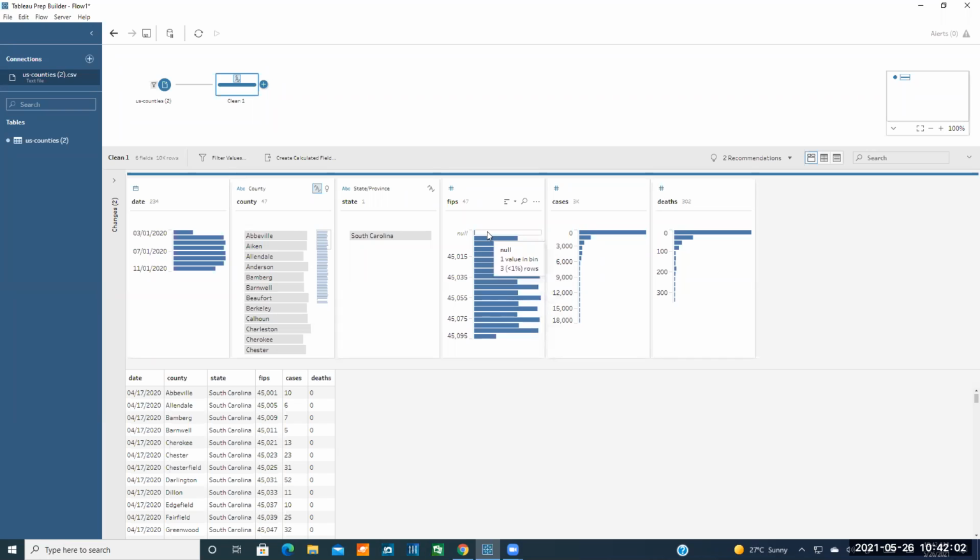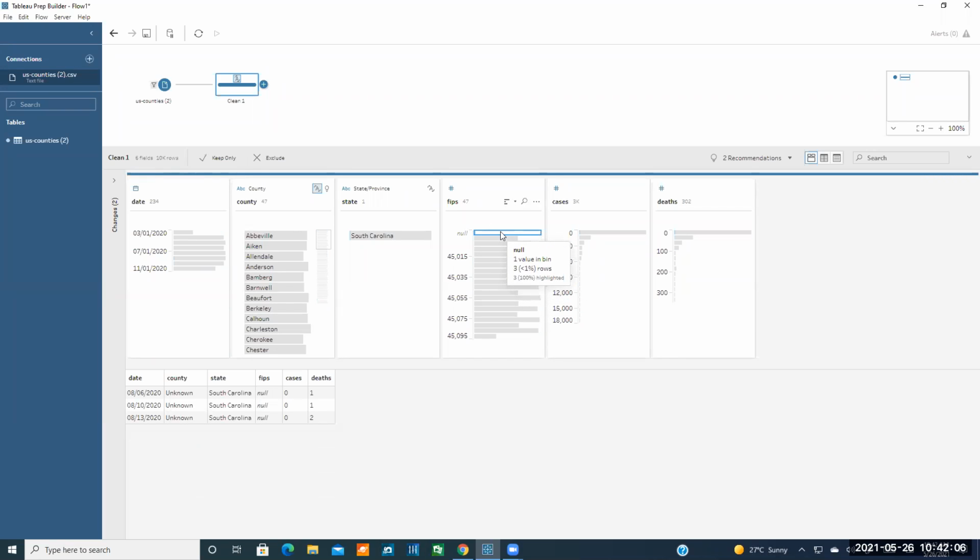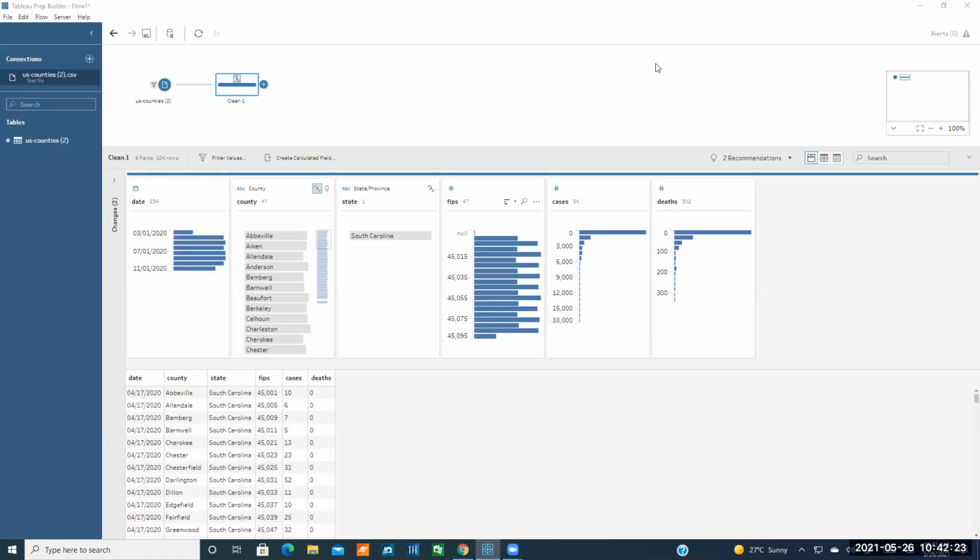So in order to remove those missing values, we could just right click on the null, and we have two options: to keep that missing value or exclude it. Exclude would just remove that for us. Before applying that,